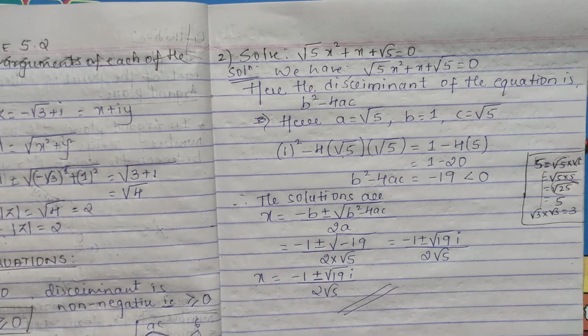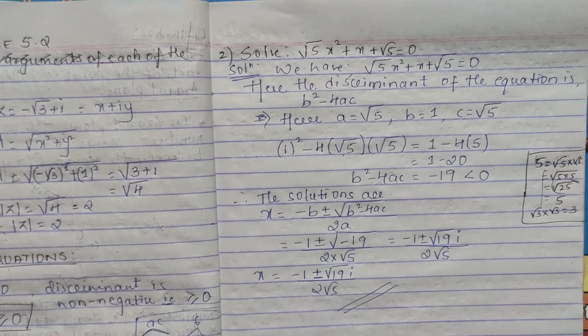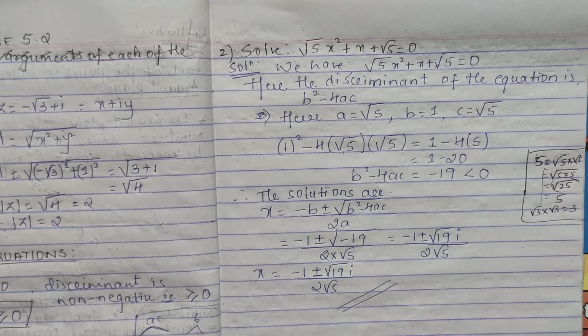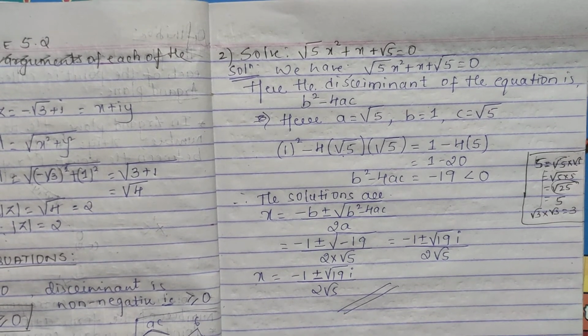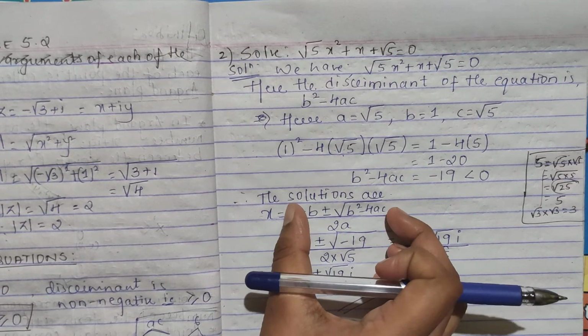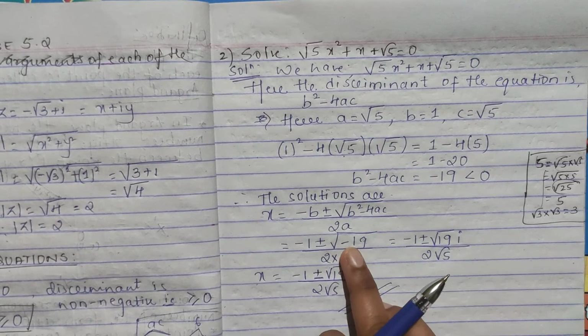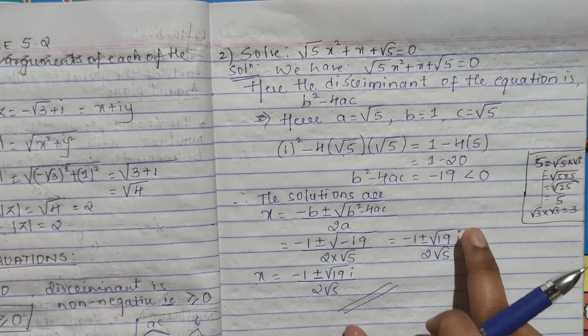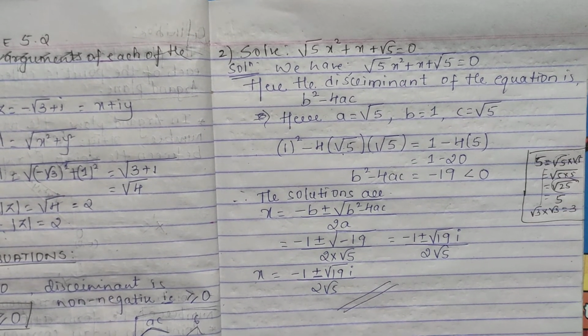I guess even this formula you have studied in your 10th, right? But when it comes negative, how you have to do it, you did not know. You have just done the positive ones. When negative has come, you didn't understand, right? For negative, you have to take just i. Now we will solve the exercise part.